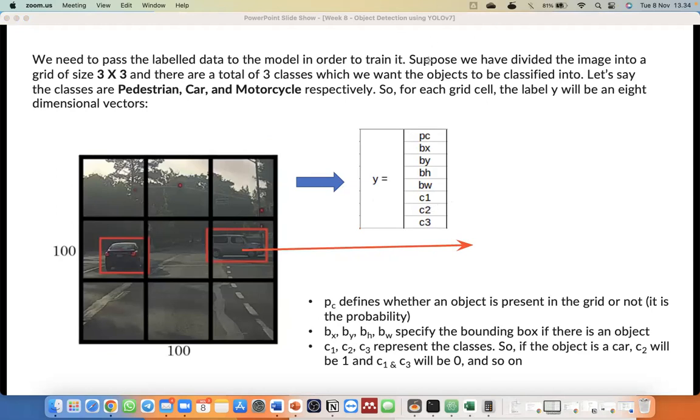What do you think? We can just skip Px, Py, Ph, and Pw, we will discuss it in a second. But my question is, if we have this grid, the output will be, any idea? The Y will be